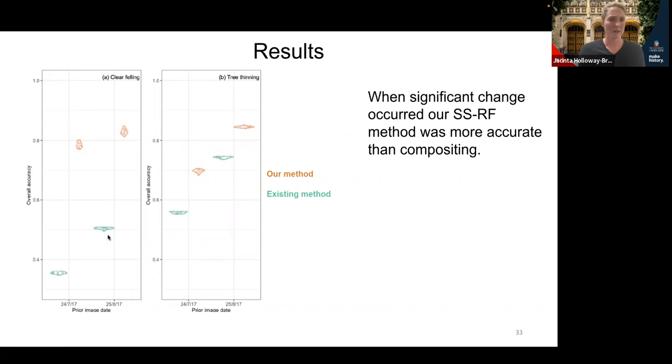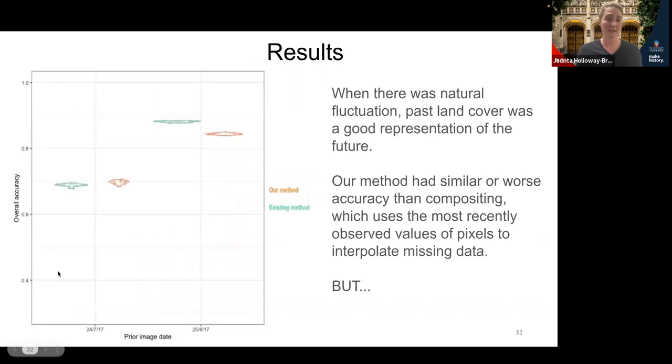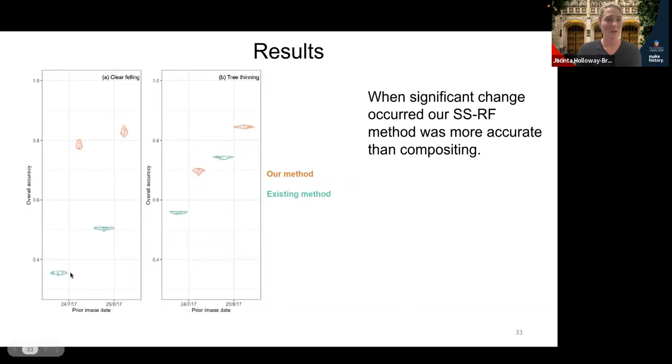So we can see with the clear felling, the more dramatic clearing scenario, our method was significantly more accurate, as you can see from the figure. Compositing is in green again, right down the bottom, and our method is a lot more accurate in orange up near the top. For tree thinning, the difference was less pronounced, but it was still very noticeable.